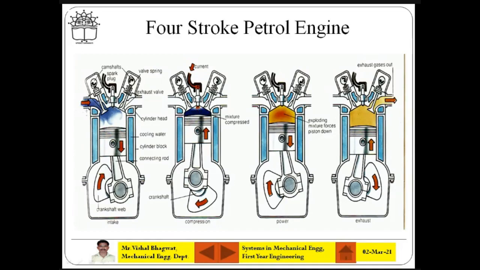Then in the second stroke, as the crank is rotating, the piston starts climbing up. The piston moves from BDC to TDC, bottom dead center to top dead center. Sorry, I hope my voice is not too loud. So this one is BDC, bottom dead center, and this is top dead center. The piston moves from BDC to TDC. It is moving, right? You can see. At that time, whatever fuel has entered, I mean the charge, the fuel mixture.